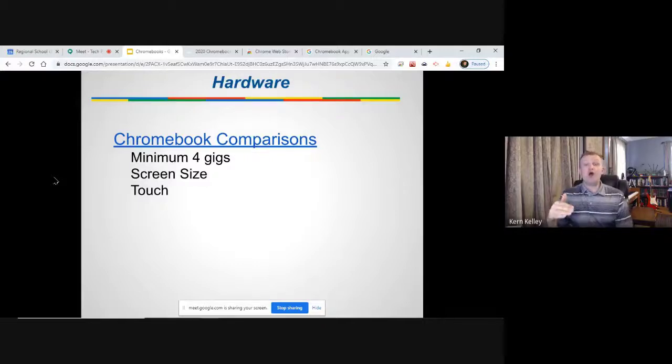The screen size obviously depends on what you're looking for. If you're looking for a smaller one, 11-inch, 13, 15, that's really personal preference as far as how big you want the machine itself to be. And then finally, nowadays, I wouldn't buy one without touch because of the ability to turn on the Play Store, and we'll talk about that in a second. But basically, make them into a tablet. I'm going to switch over real quickly right here